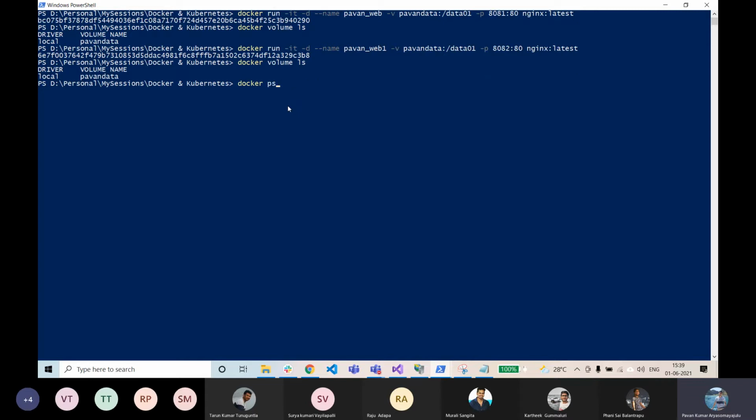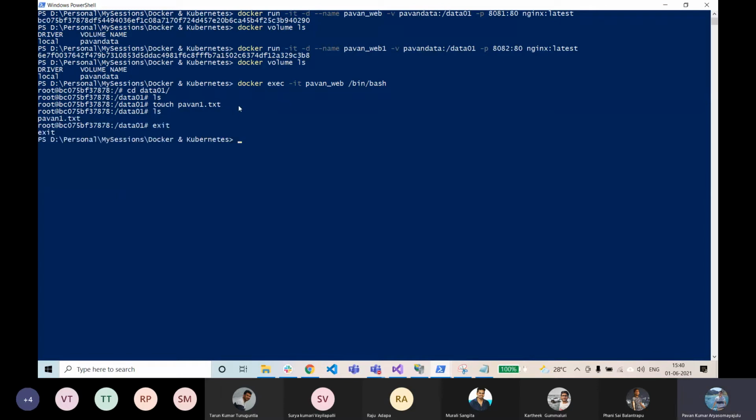Now let's try to get into this particular machine and then create a file. So data volume. I don't have any files over there. I'll do a touch. So I created a file pawan1.txt.